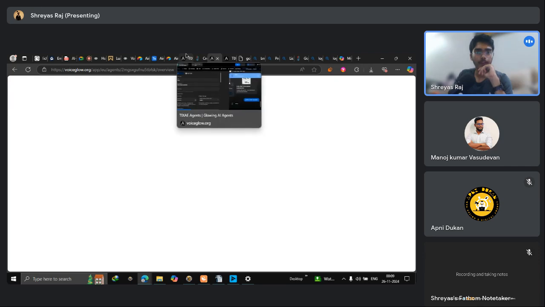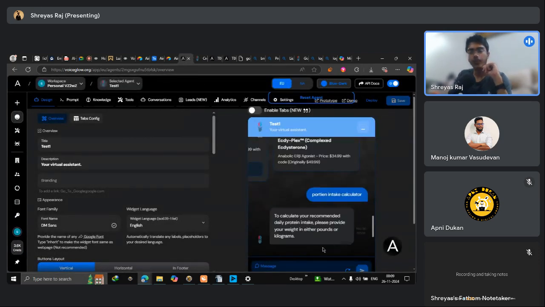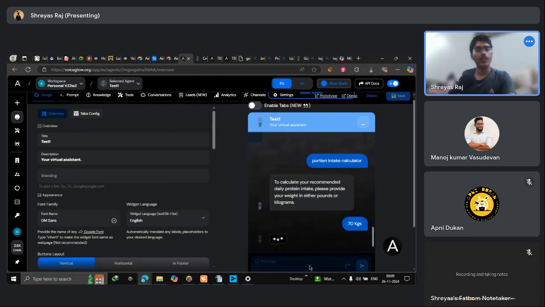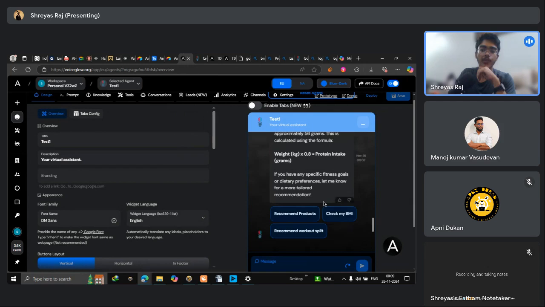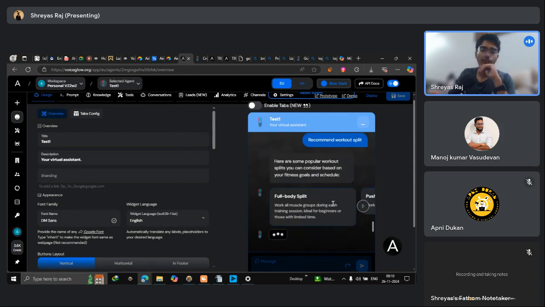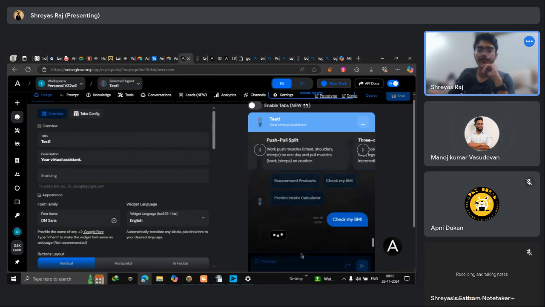It's taking a while. Fiber protein, okay, then pounds or kilograms. It's 70 kgs. This one we recommend. So we have all these options. We click on recommend a workout split, full body workout, push pull split. If I say check my BMI,